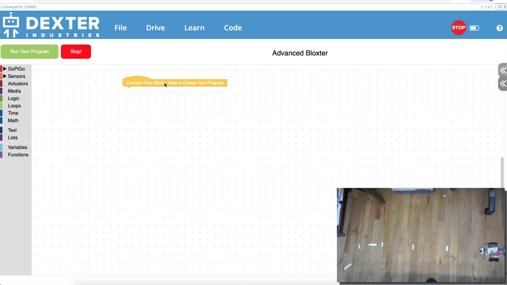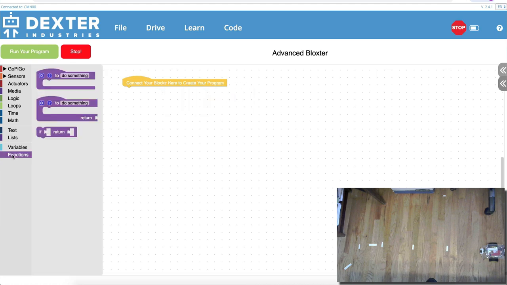Okay, so how do we do that? Well, first of all, we always need to do a setup thing. So you go to functions, and up here it says do something. I bring it out here, and I'm going to type setup, S-E-T-U-P. I think we should conform, so that all functions have capital letters. And then if you hit this question mark, this is how you describe the function, and just say setup